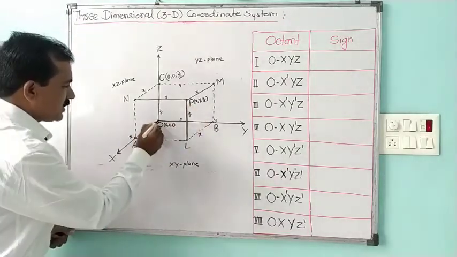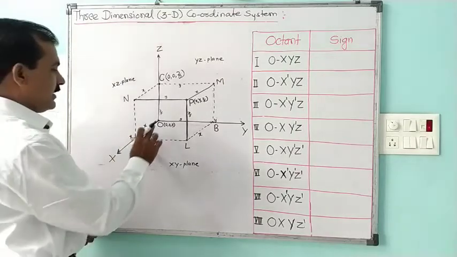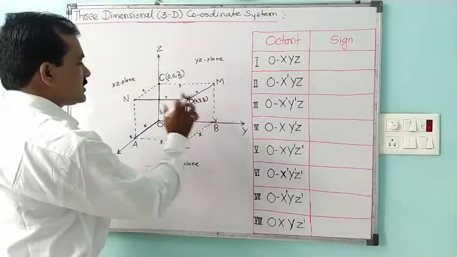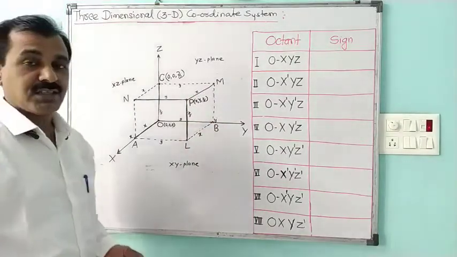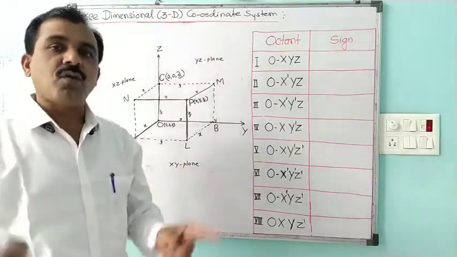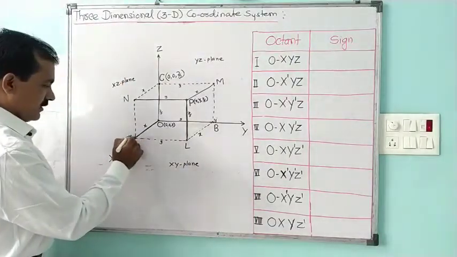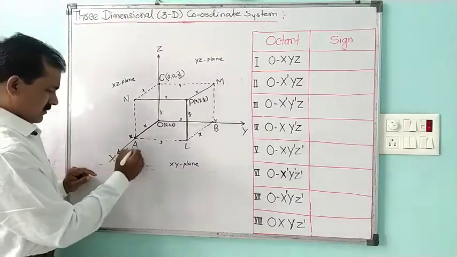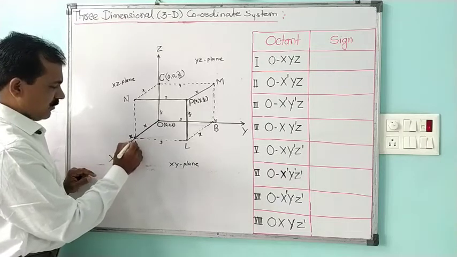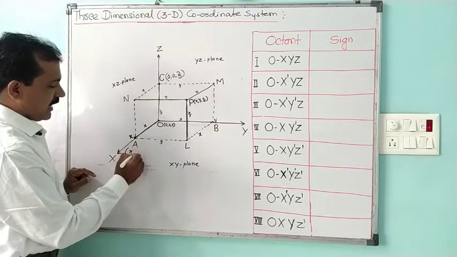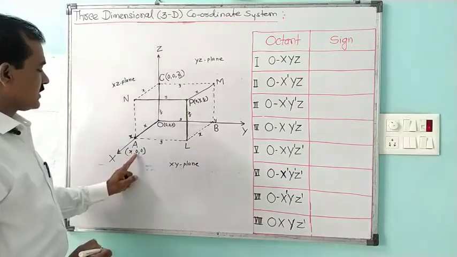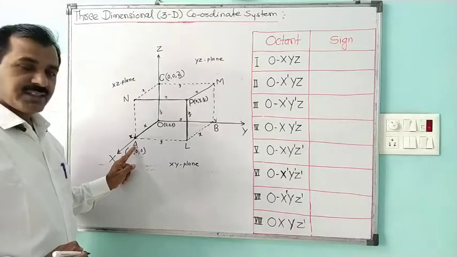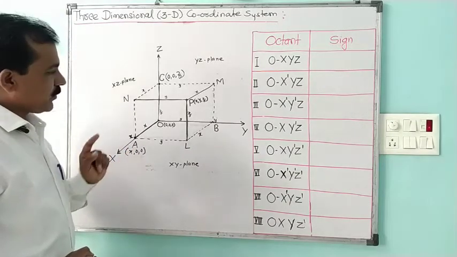and this will be the first coordinate of that point P. So this much distance, by this structure, is the distance of this side, which is the first coordinate of the point P, as we are considering it in the first octant where all coordinates are positive. So this number must be x, as this point is on the x-axis. That's why its first coordinate will be the number on the x-axis, that is x, and the remaining two coordinates will be 0, 0. The point which is on the x-axis has its coordinates as x, 0, 0.